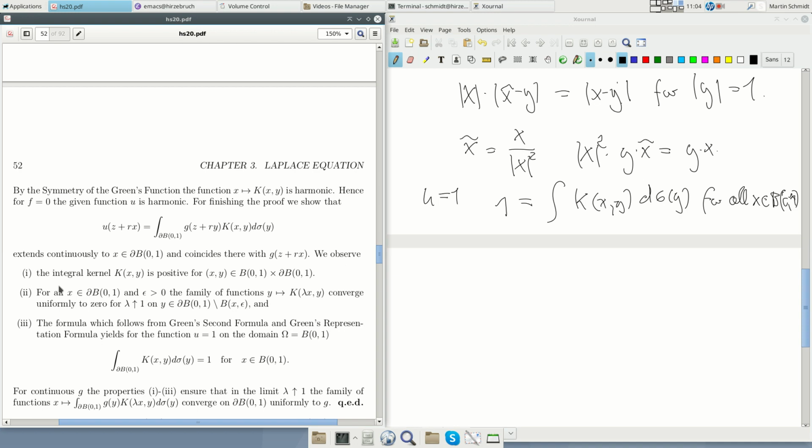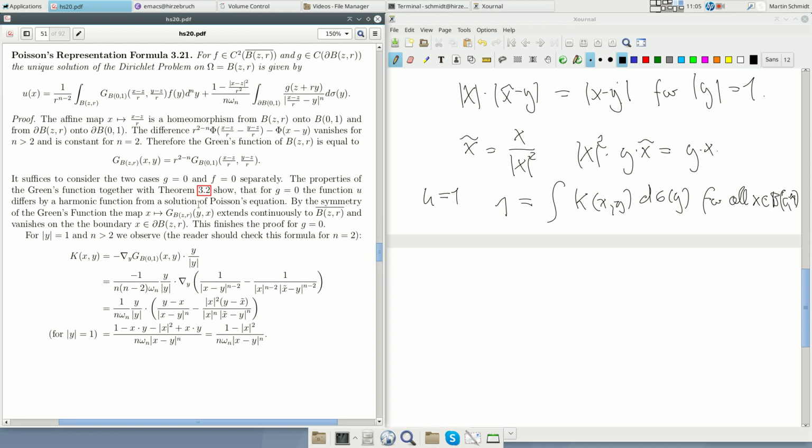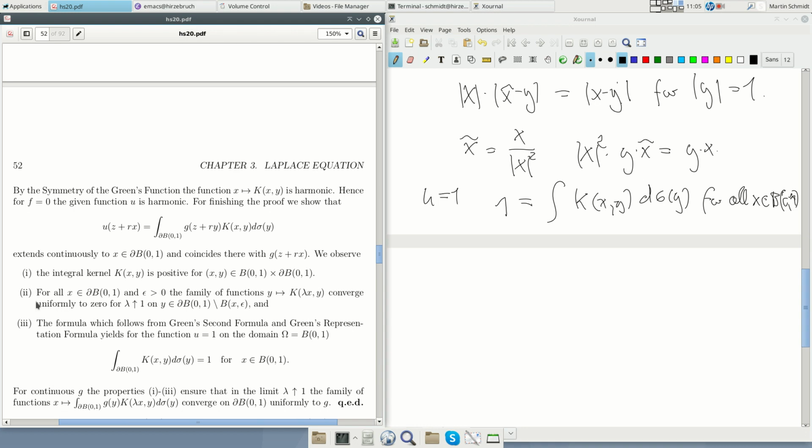Now we observe three properties. Clearly, this is positive, for x, y in this set, because |x|^2 is of course smaller than 1. We recall this formula here. So it's positive if x is in the ball. Second,